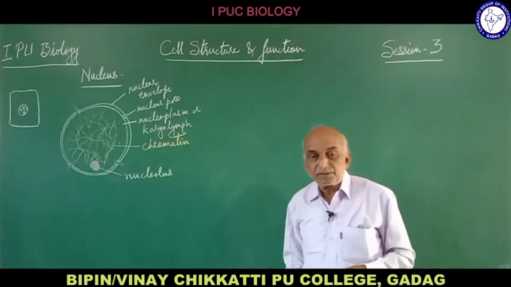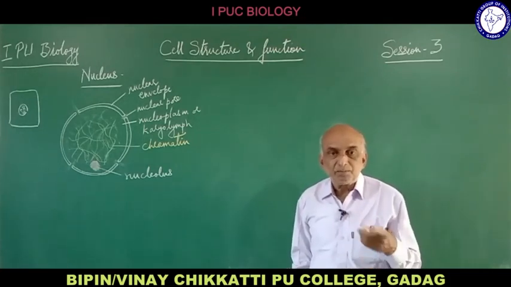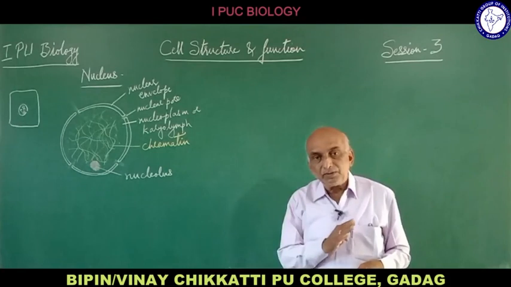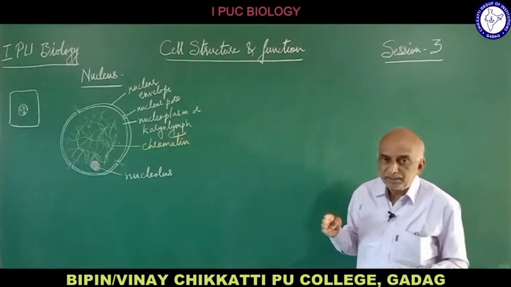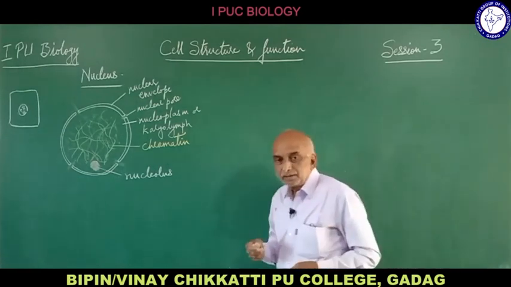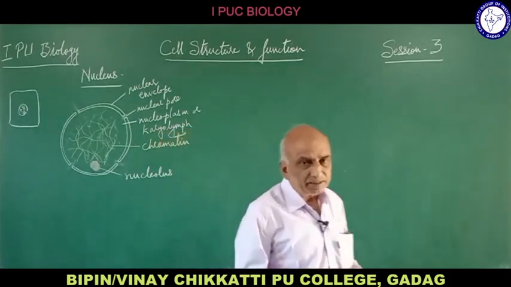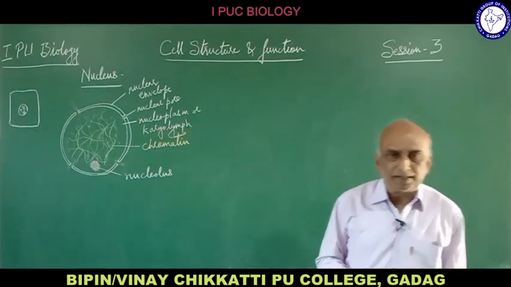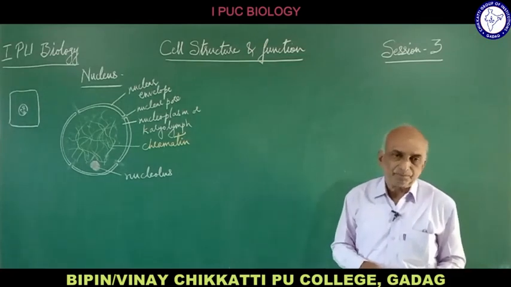Due to the presence of the vacuole, as the vacuole occupies most of the cell area, the nucleus is displaced towards the peripheral part of the cell, and there we find the nucleus in a peripheral position. And in other cells, for example in animal cells, the nucleus is usually located in the center, and